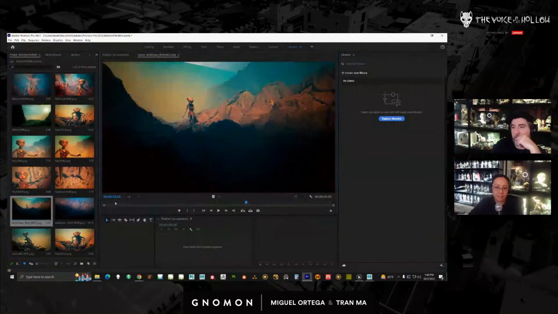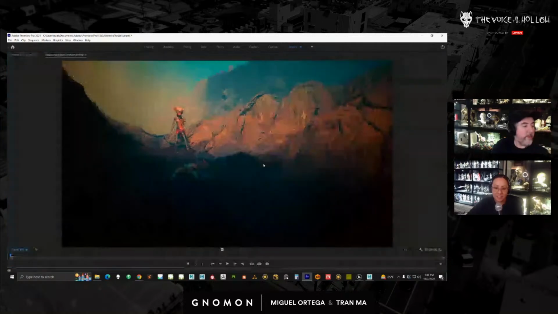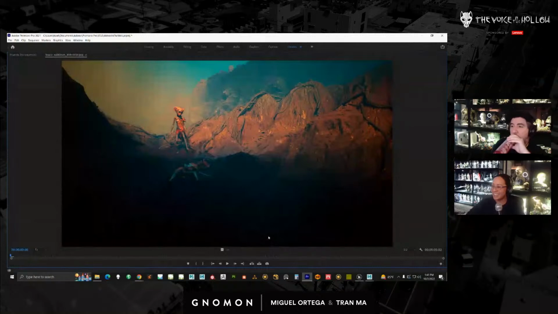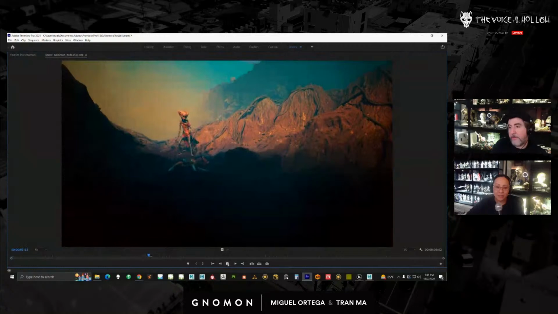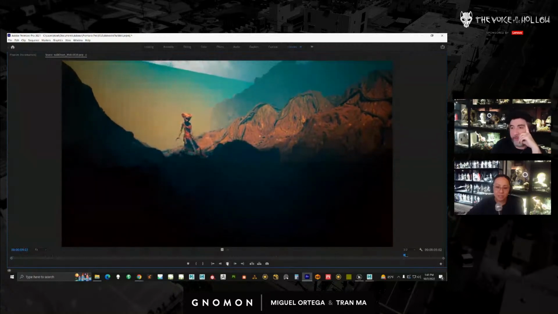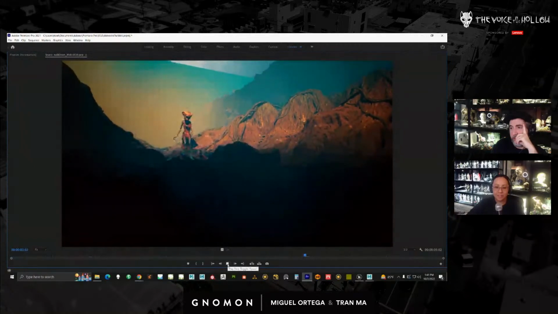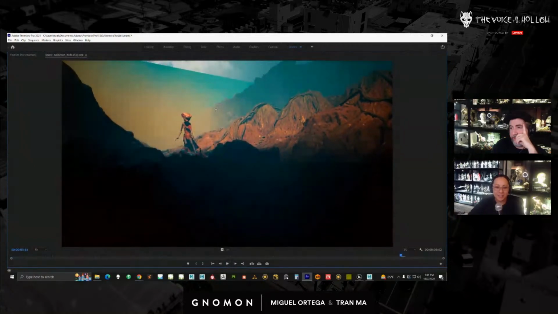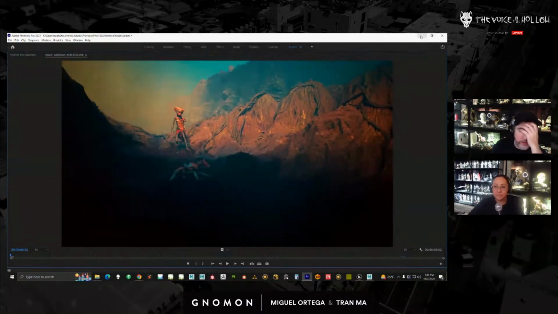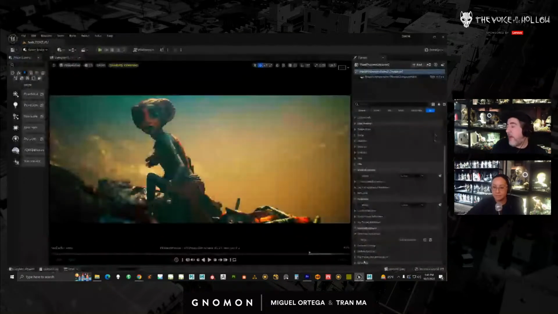So what we'll do instead is look at it, talk about it, and go, yeah, that's ugly. Pretty much that's the discussion: that looks terrible. And then Miguel will reframe the shot. Miguel frames all the shots, and then I'll come in and light it and adjust it. You can see here, I think this is interesting. I have a plane that colors the sky. If you look in the back, that's actually the real sky of the HDRI. You should show that from inside of Unreal because that's very interesting. You're basically creating a backdrop. Yes, so let me open that up.